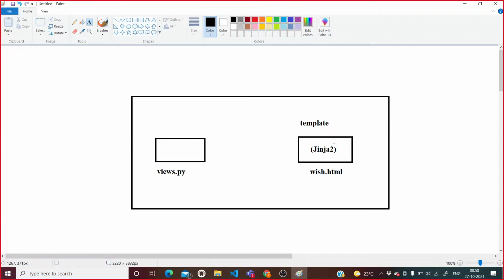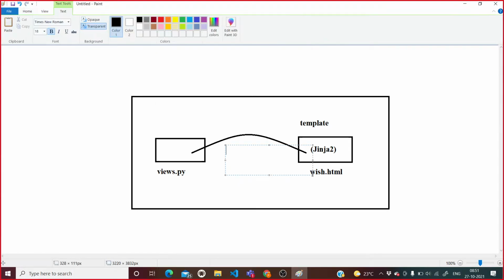If we want to call some value from the views.py file and show the data, then definitely we need to use some special syntax. So here, if we want to call this, we need to use template tags.